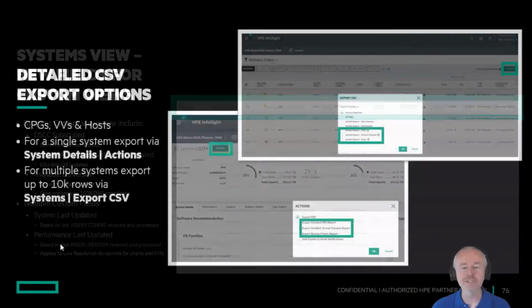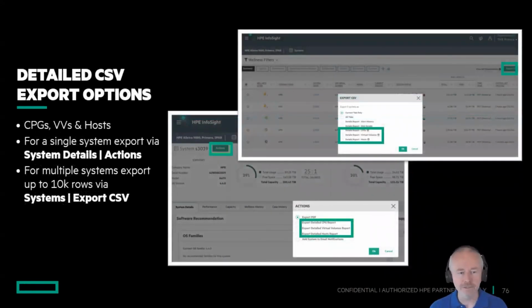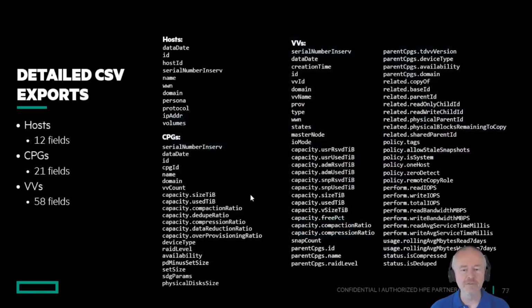So get the information that you like to know, that you need to know. And then you can export it. Hey, there's an export to CSV, an Excel file, right? A raw data file dump. So now in the CSV file, look at that, how many fields you can export, all these parameters on host level, on CPG level, on volume level,